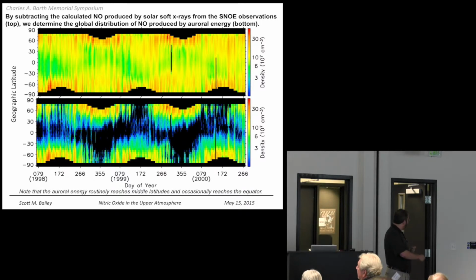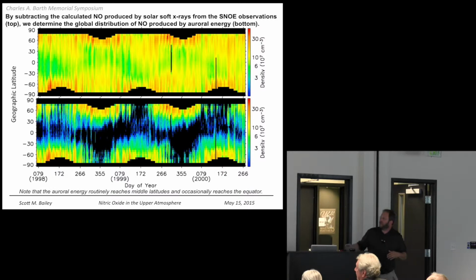Because many of you may know that this figure, he made a big poster of it, and he sat it outside his office, and it sat there for years. And over the course of years, I remember us wheeling our chairs out of his office to sit in the hallway next to it and talk about what we saw in here. And there's a lot of physics sitting in this figure. So what he did was, these are the SNOWY observations up top. That's latitude, and the x-axis is time, and brightness tells you how much NO was at that latitude at that time. So these are daily averages.